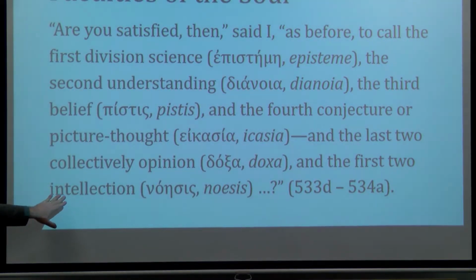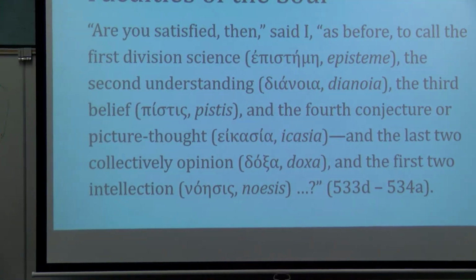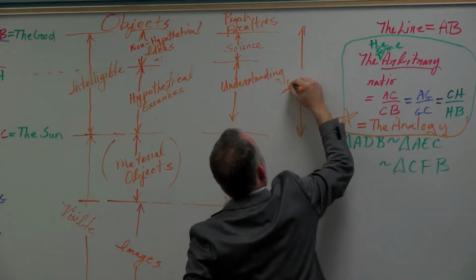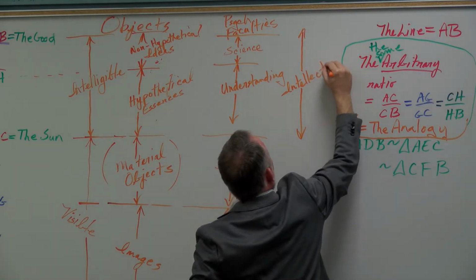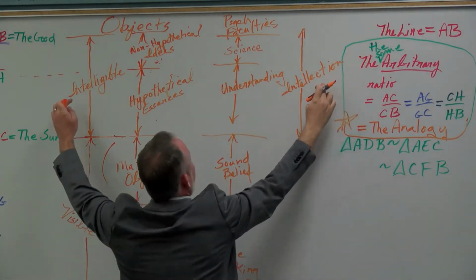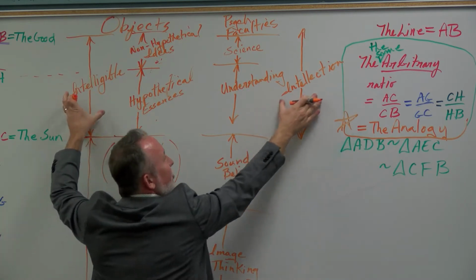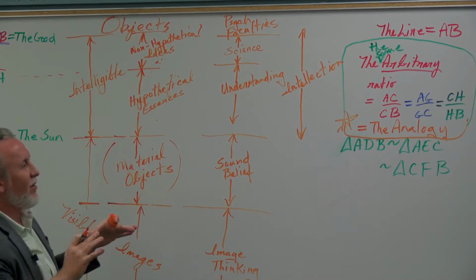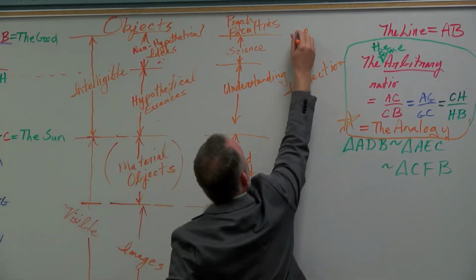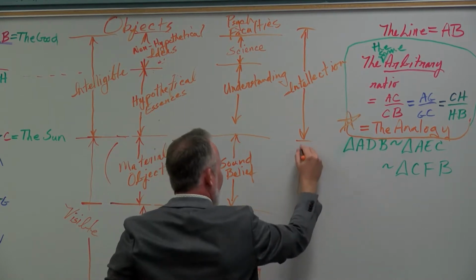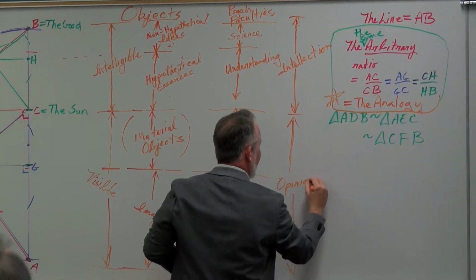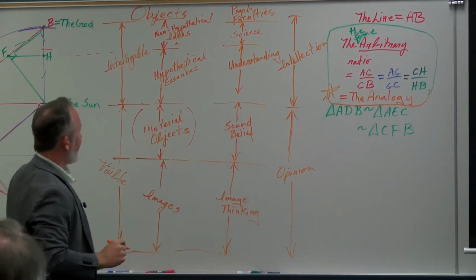noesis is then, we're going to call this intellection. And so this whole section is going to be called intellection. And even in the Greek, there's an analogy between the words. The terminology, you know, Socrates is sort of leveraging the terminology to try to clarify this breakdown. And here he's going to call this doxa, or opinion, which he does fairly consistently throughout the discussion, is that, you know,